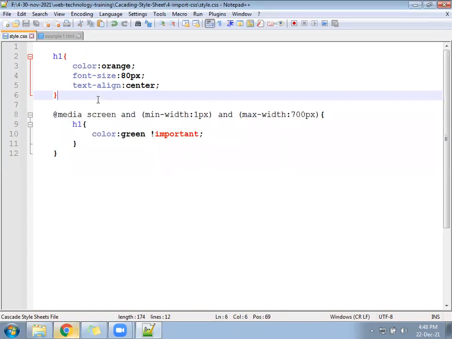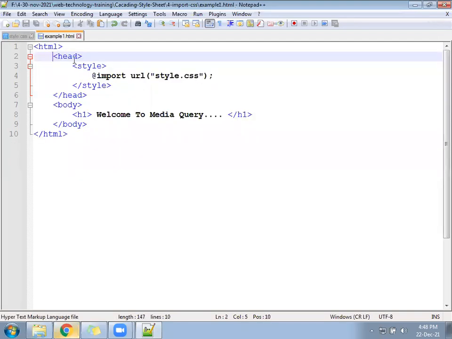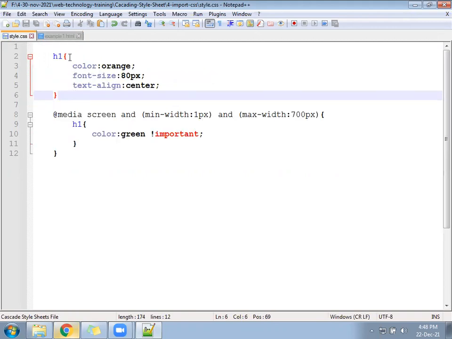Your CSS file is separate, HTML file is separate. In the HTML file, we have called the CSS using the import method. And after that, we have an h1 tag. For the h1 tag, we are testing how to apply the media query. So this we have written by default for h1.